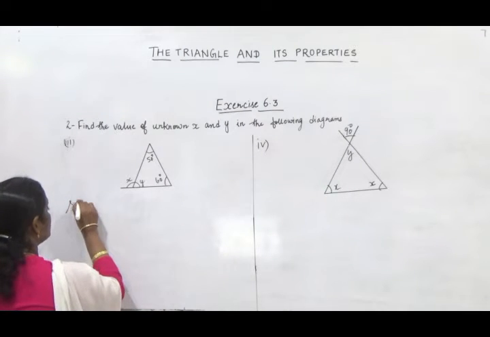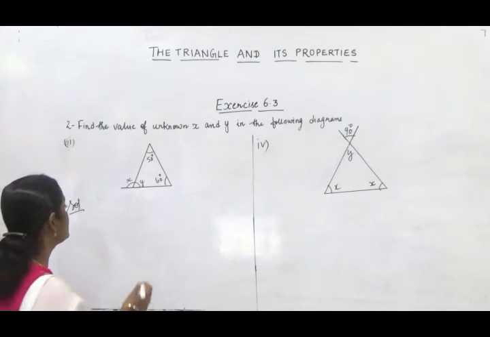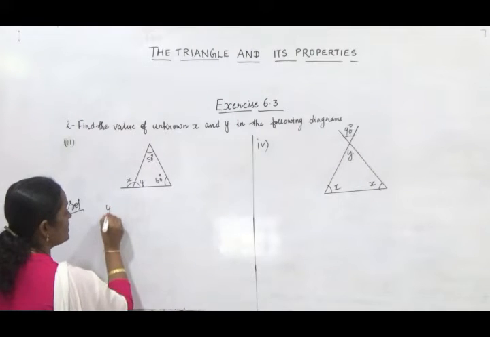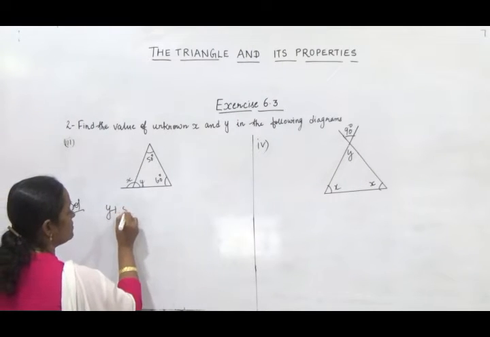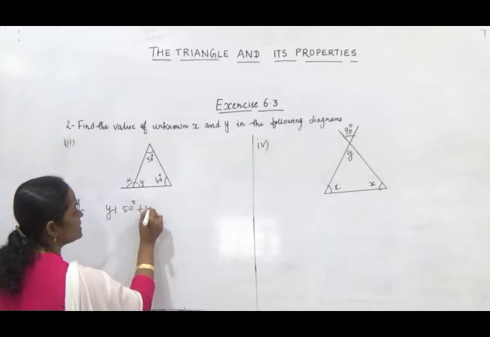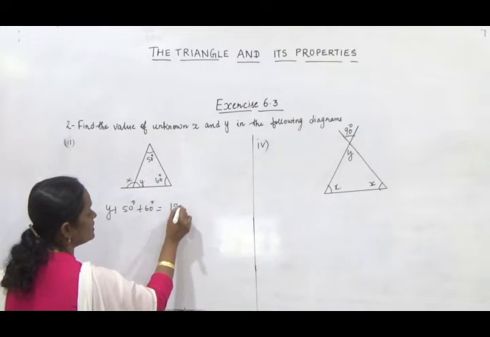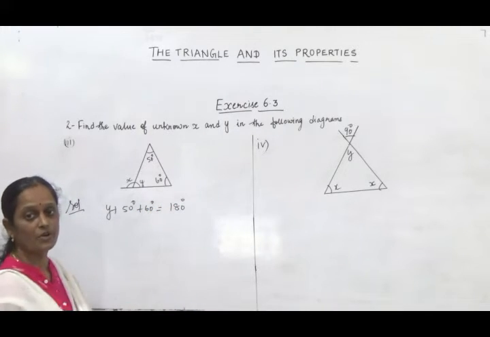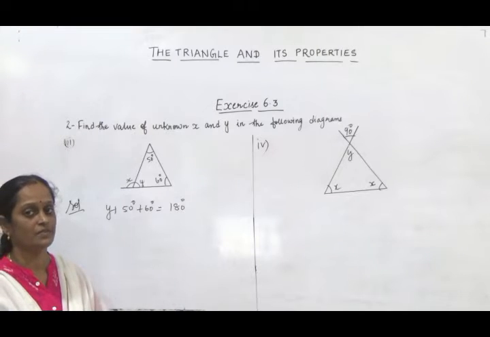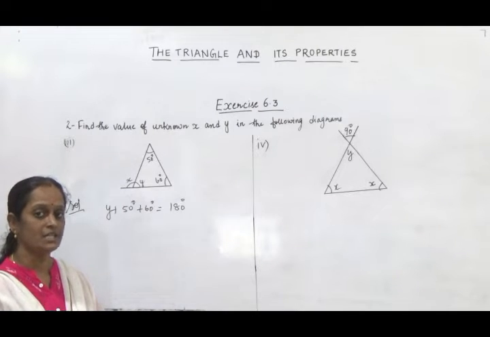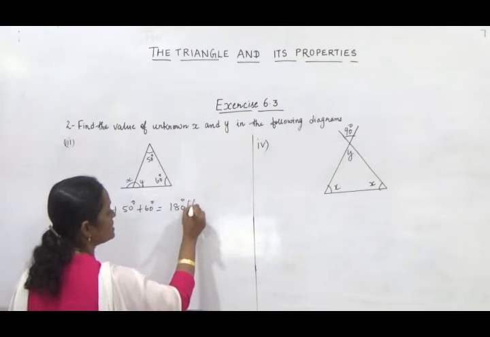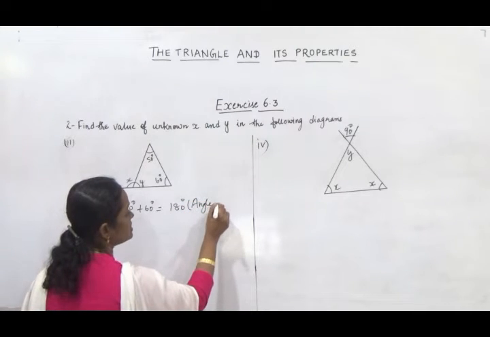Now here in the triangle we can see that this angle y plus 50 degree plus 60 degree is equal to 180 degree. Because we know that the sum of the three angles of a triangle is 180 degree. So here by angle sum property of a triangle,